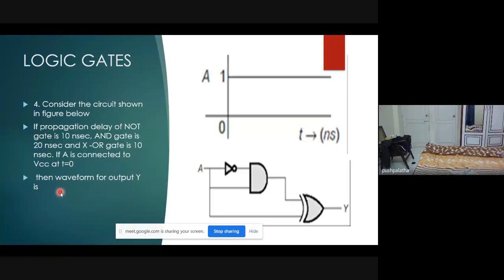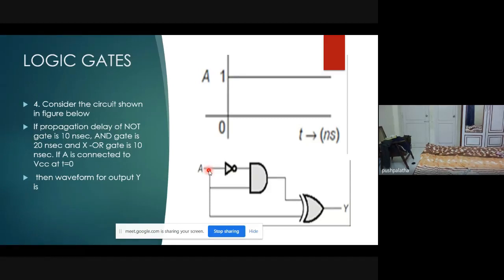Okay. So here they have clearly shown A is connected to VCC, right? That value is 1. They had given it as a step input which is VCC. So value is 1 here. In the previous example, we just calculated the delay. Here they had given the delay and they ask you to show it in terms of a waveform. Clear? Because the input VCC at t equal to 0 is the maximum value, which is equal to 1.